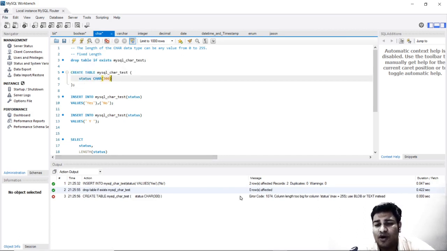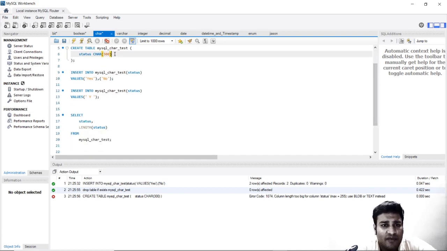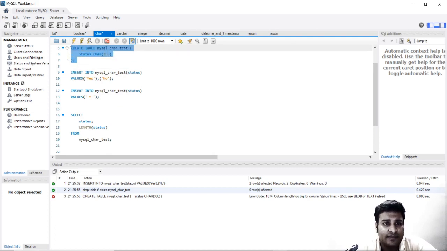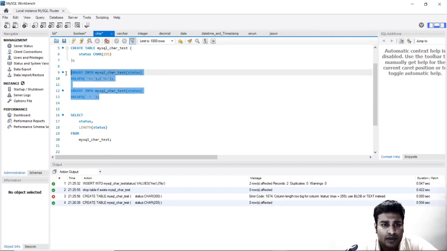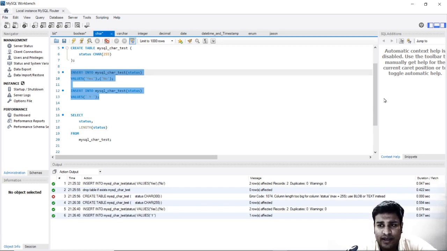Again, we have a few other data types which were recently included in MySQL, which are blob and text. Blob is big binary data and is also used in big data. And text is the same as varchar, but of longer length. Then I will change this to 255 length and let's create it. Add these two values over here.